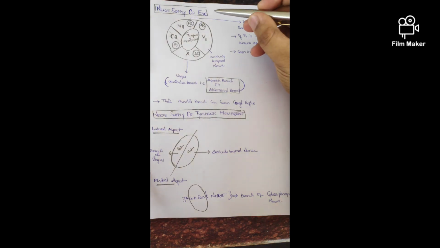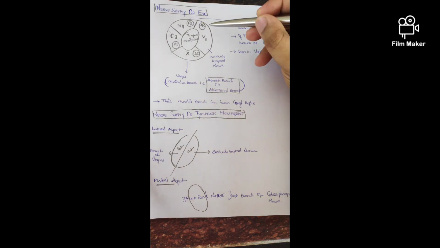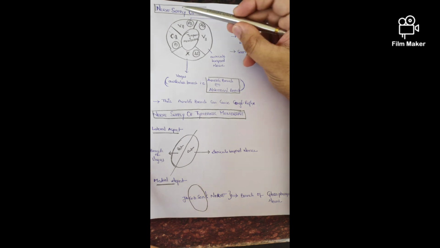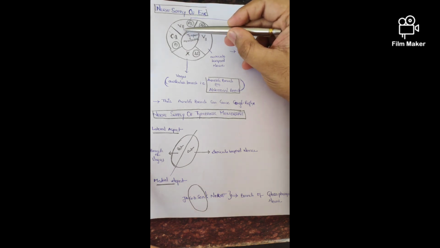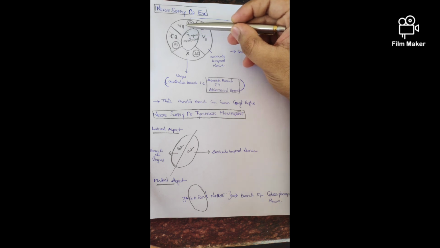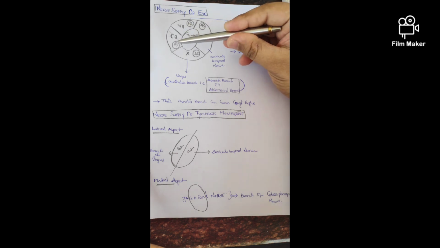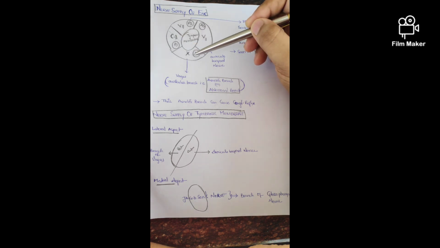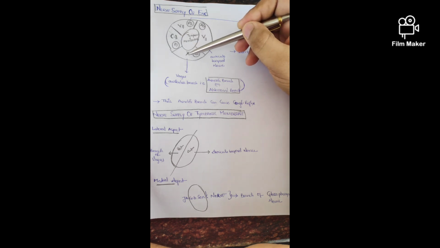Nerve supply of the external auditory canal. The anterior superior part is supplied by the auriculotemporal nerve. It is a branch of the fifth cranial nerve, that is the trigeminal nerve. The posterior superior part is supplied by the 7th cranial nerve, that is the facial nerve. The posterior inferior part by the C3 spinal nerve. The anterior inferior part by the 10th cranial nerve.